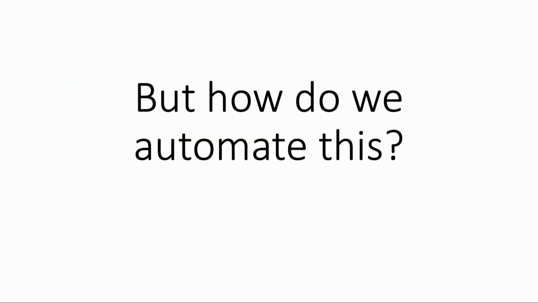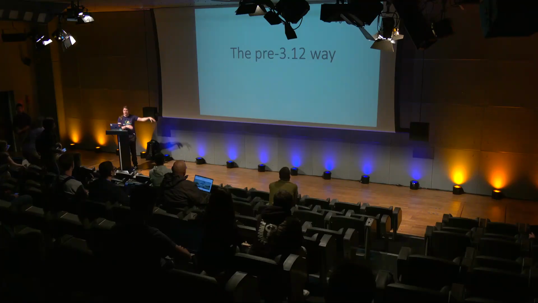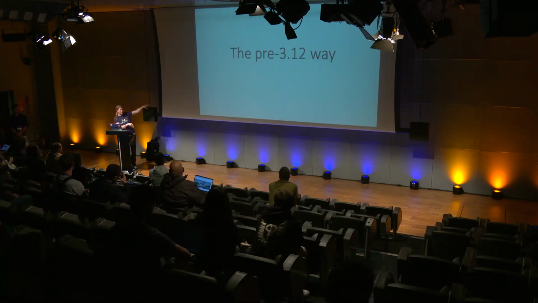We probably want to automate this, because if I'm honest, we don't want to write dbg in front of every line that we might potentially debug. I have to tell you, there are 2 ways. There are the ways in the olden days, in the dark ages, that we don't do anymore, except if we are the official Python command line debugger: the pre-3.12 ways, and cover your eyes, it's horrible. And then there are the nice ways introduced with Python 3.12. I have nothing to do with the change that occurred in Python 3.12. I just find it great and wanted to tell people here because nobody's doing it.